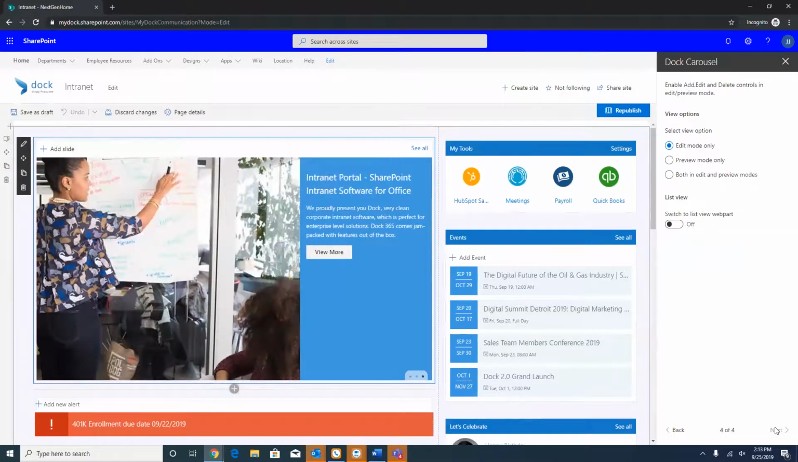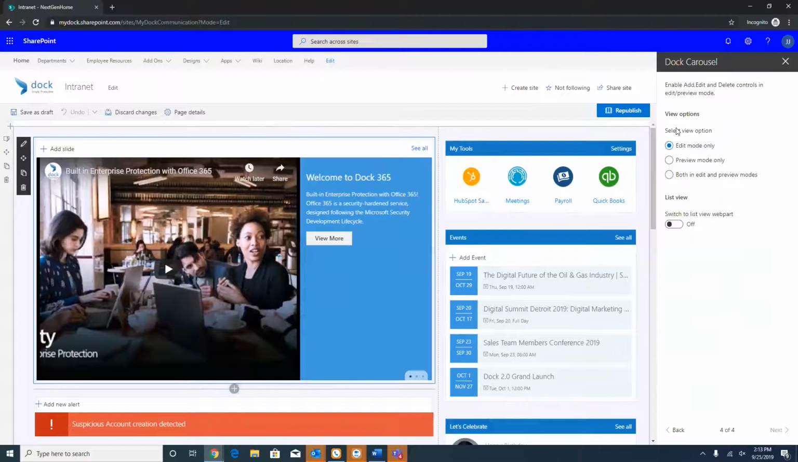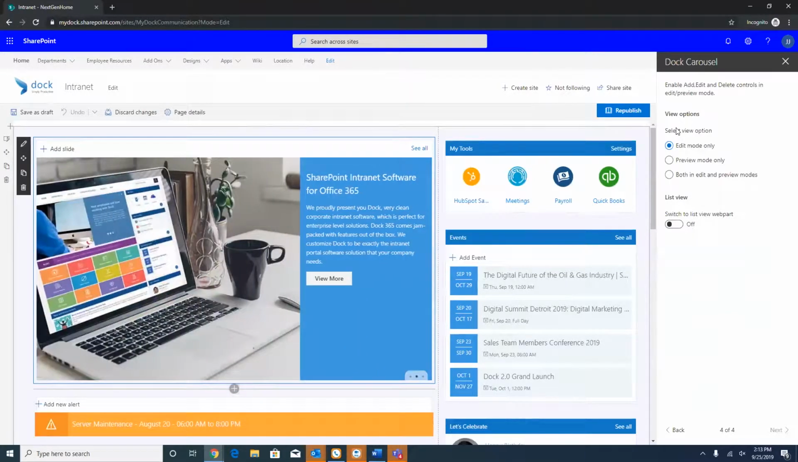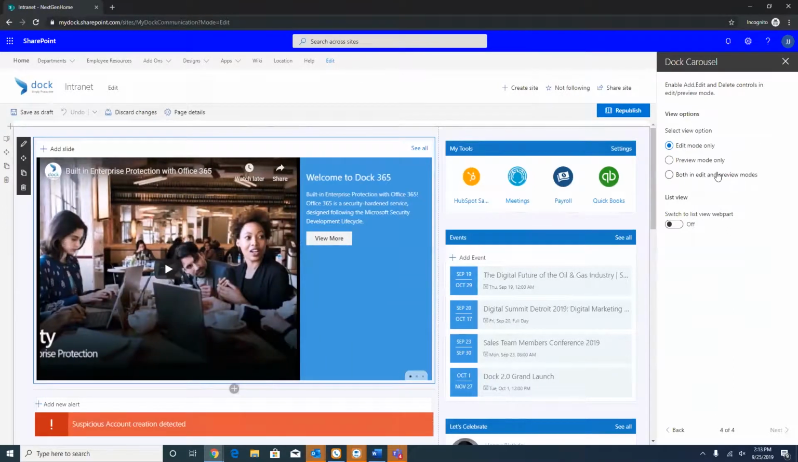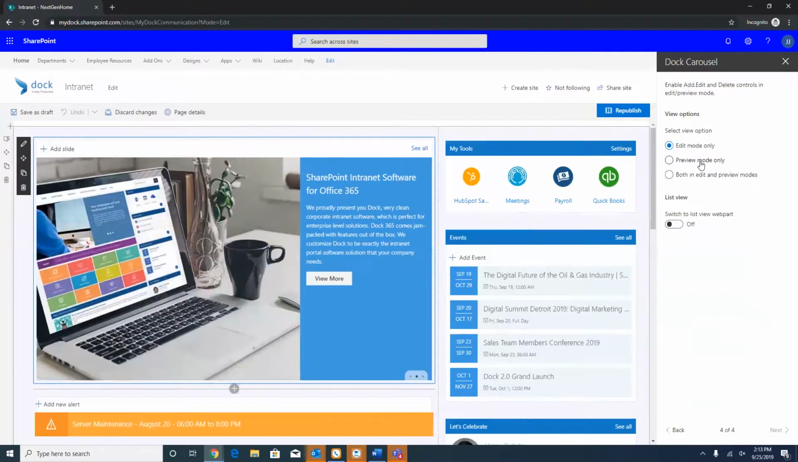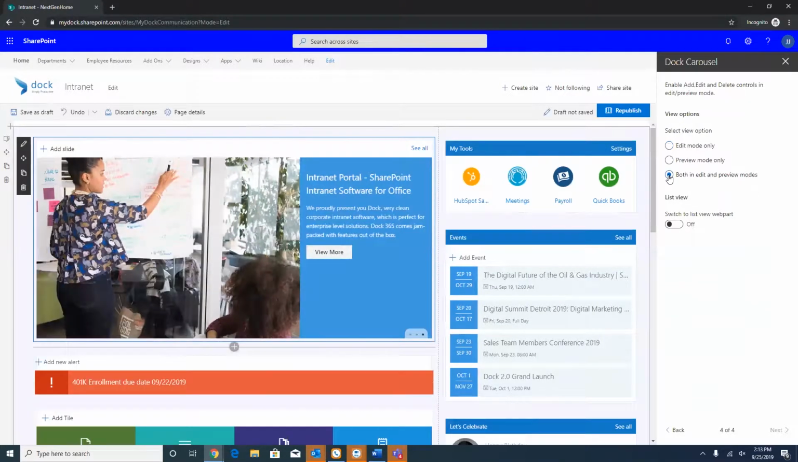And then every web part has a view options setting. So here you can select the option that you can edit and add content to the web part. Either you can do it in only edit mode, only preview mode, or both. You can edit in edit mode and preview modes. So basically, if I were to check both in edit and preview modes, which I will right now,